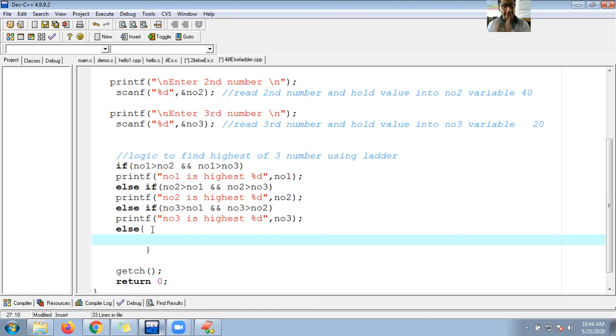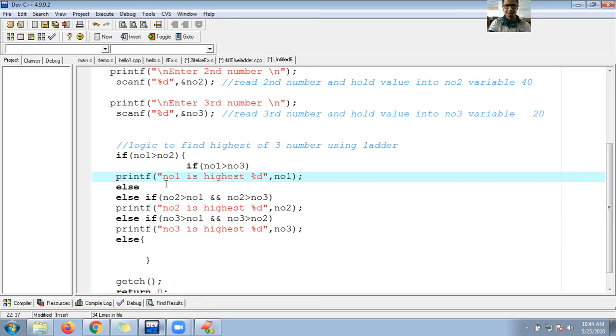Here we can convert the same program into nested if else. So how can you convert it? You can convert it by using this if, in a similar fashion, into the else. So this is the else block.